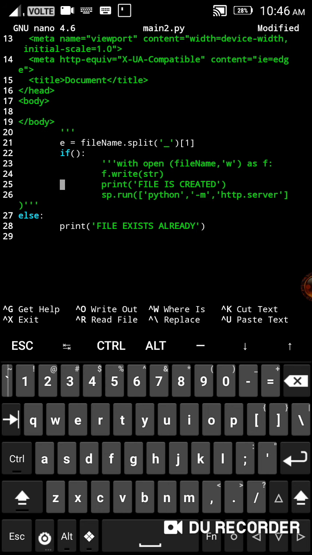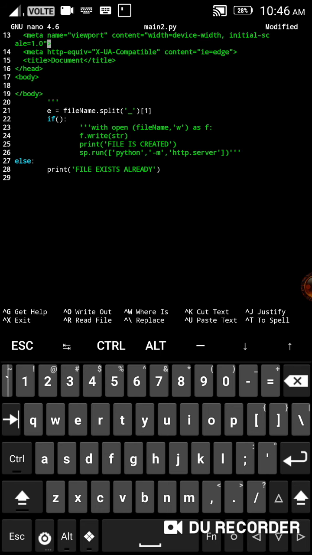I'm going to zoom out here. I think it is clear now. Now we're going to add if e is equal to html. We're just making it css now. After css,